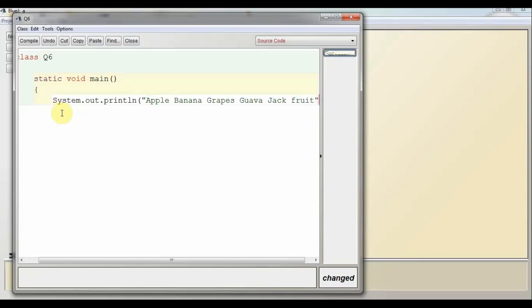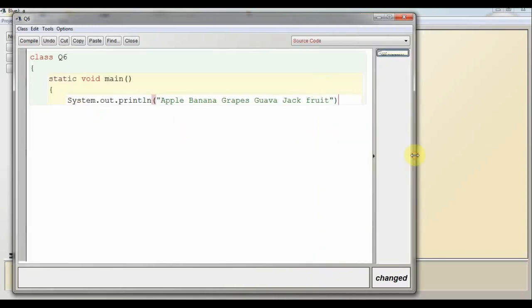These are the 5 fruits names. Semicolon, enter, curly brace close, curly brace close. Here I am using a single system.out.println statement and I am printing 5 fruits names. So look at the output.